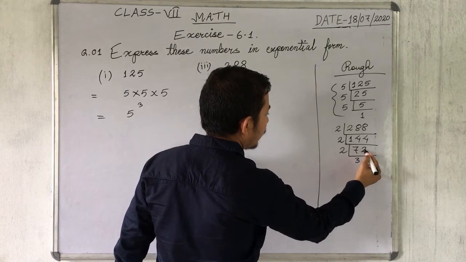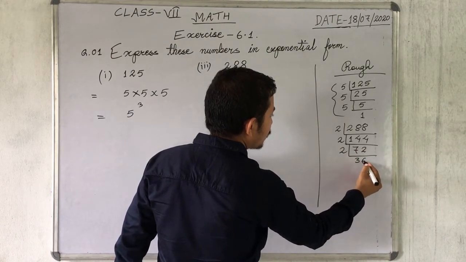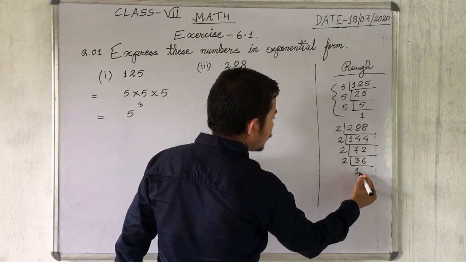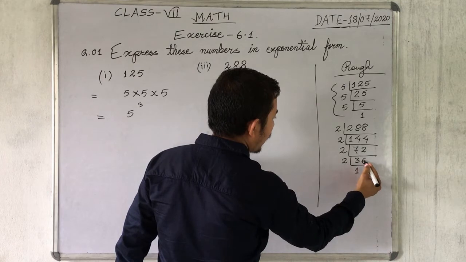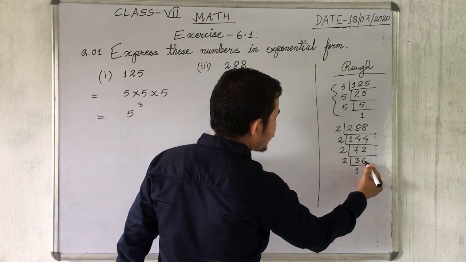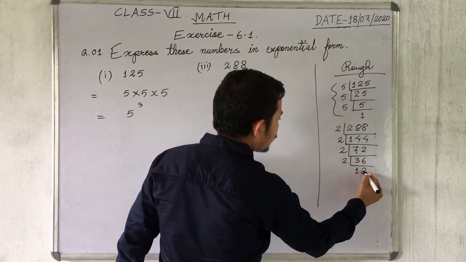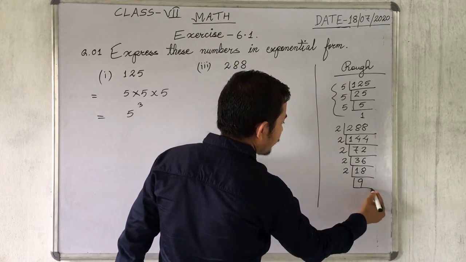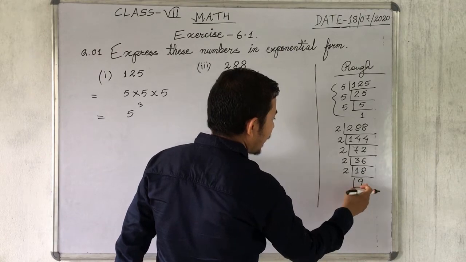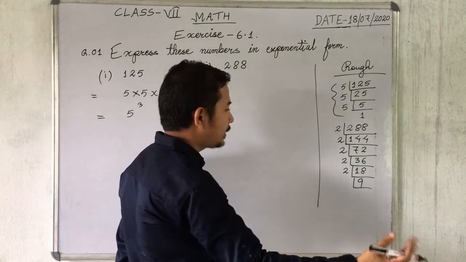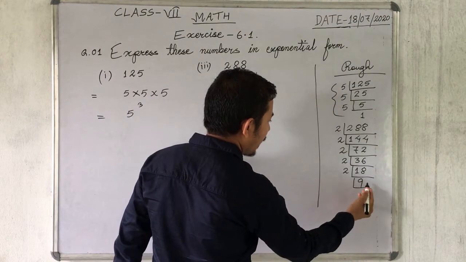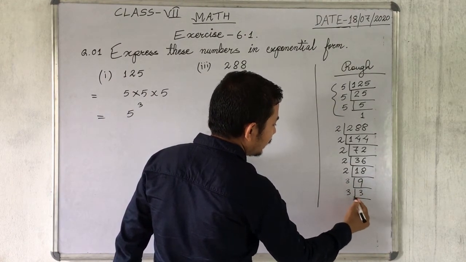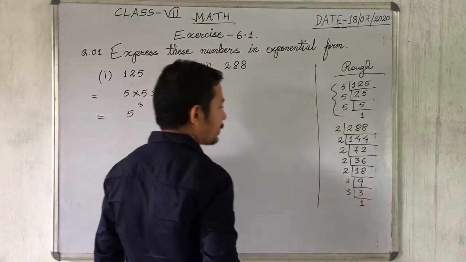So 3 times 2 is 6, but there is 7. If we take 1 here, there will be 12. So 6 times 2 is 12. So 2 times 1 is 2, there is 3. We have to take 1 this side, and it will be 16 now. So 8 times 2 is 16. And 9 times 2 is 18. Now 9 is not divisible by 2, right? So we have to try 3. We divide by 3. Then 3 times 3 is 9, and finally 1 times 3 is 3. So this way